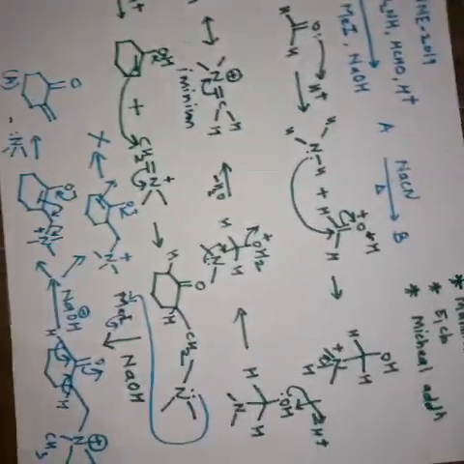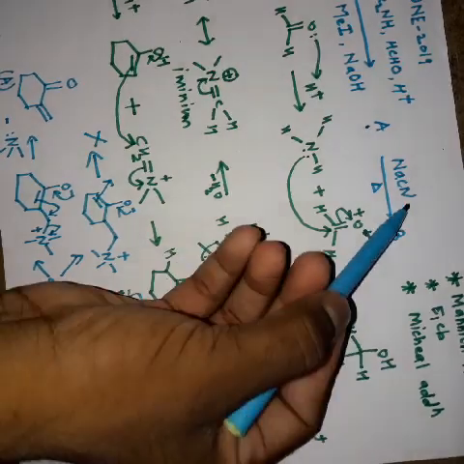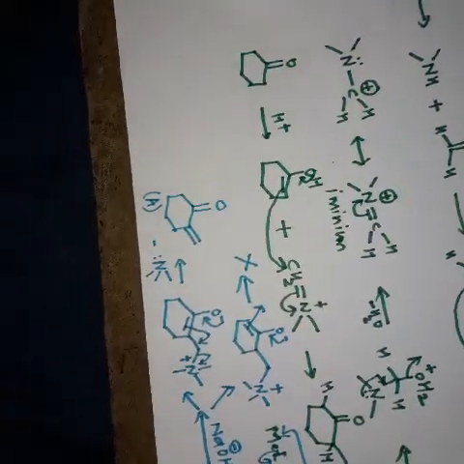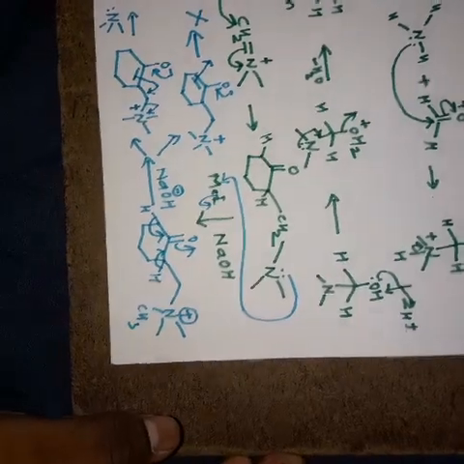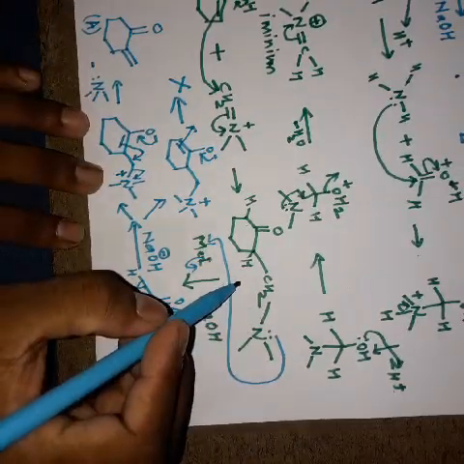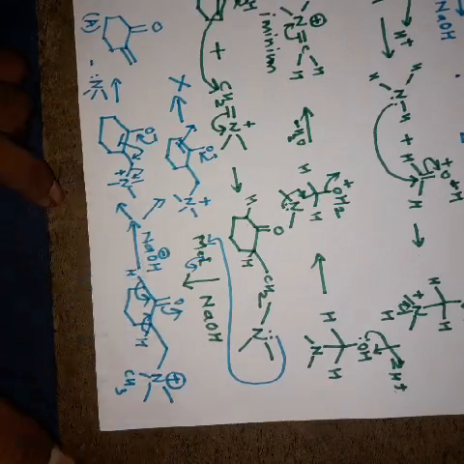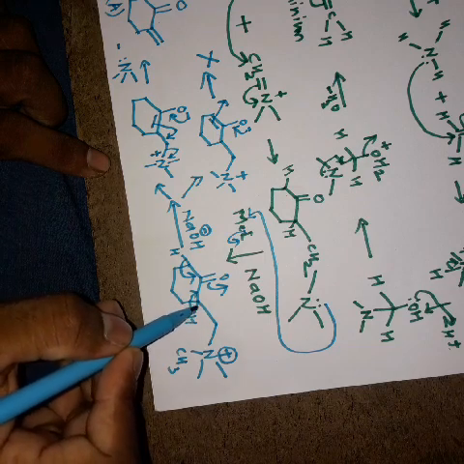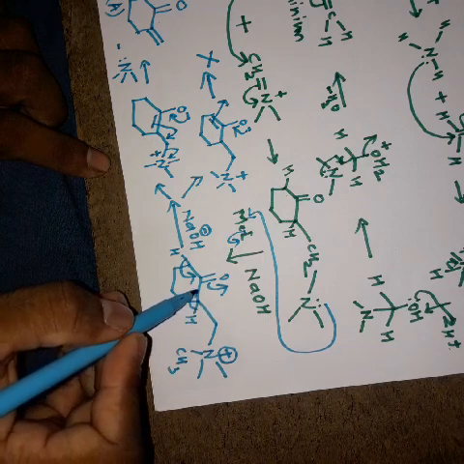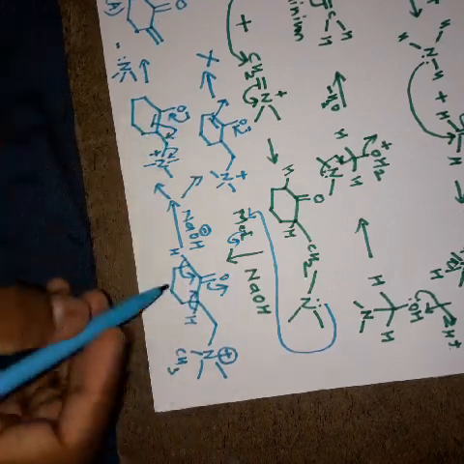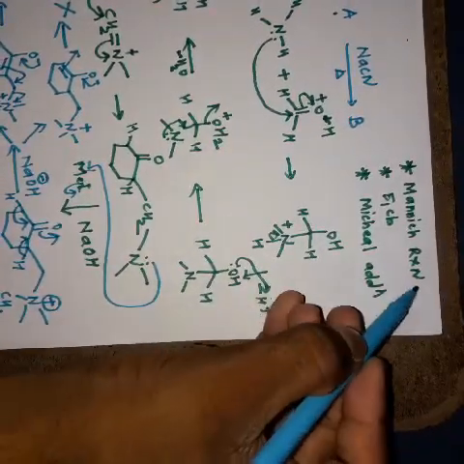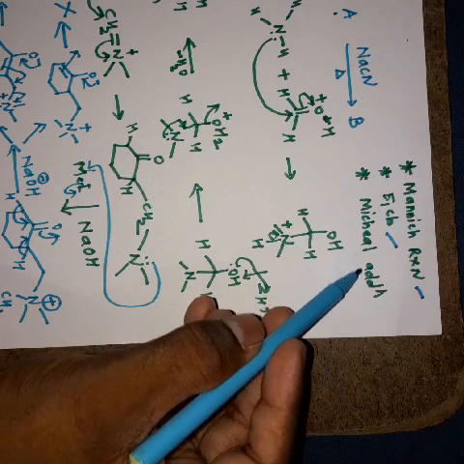Now we have reached up to this point. Next, NaCN is given, sodium cyanide, in presence of heating condition. See, up to this is our Mannich reaction. When the base abstracts the hydrogen from this, there will be a negatively charged form, and then that negative charge will go into resonance to form the enol like this. So this step is our E1Cb. So we have done Mannich, we have done E1Cb, now it's for a Michael addition.